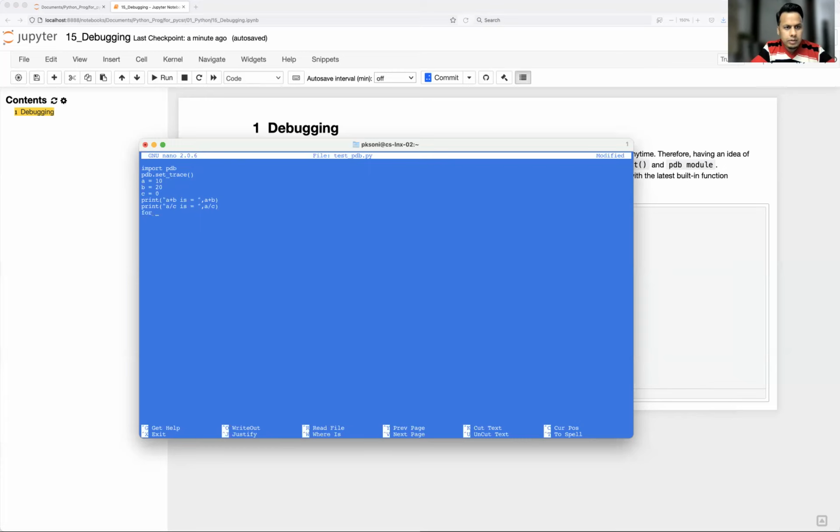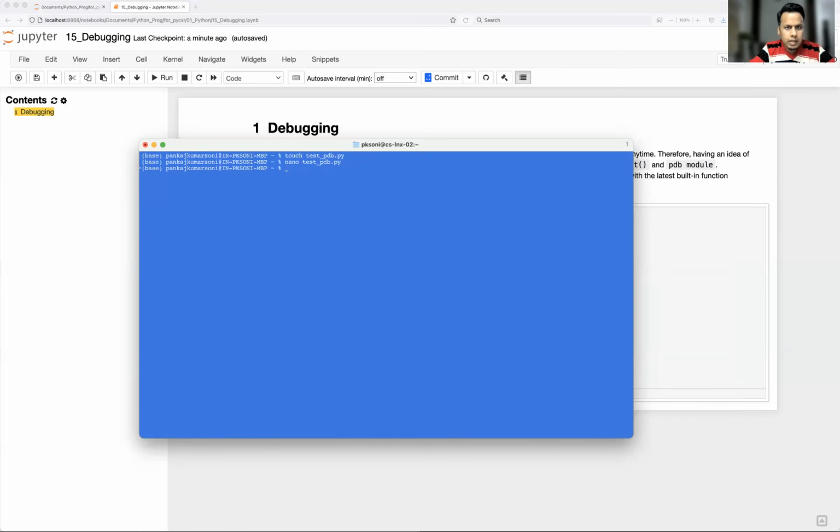After that I'm going to write for i in range 5, print i. That's all I'm going to write, and I'm just going to save it. Now I'm going to call it. To run it: python3.9 test_pdb.py.